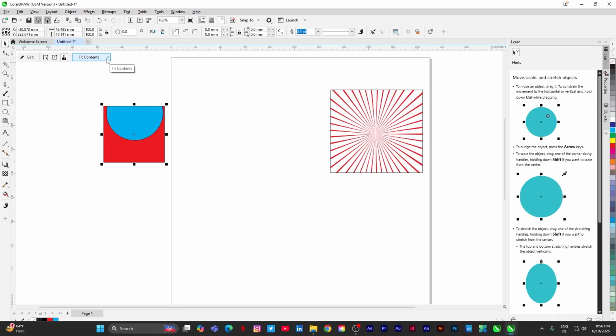And here some options are there. Fit contents, suppose center, yes, it is center. And again fit proportionally, and here fill proportionally, it is filling proportionally. And here stretch to fill, right? Sometimes we use all options, right? And even you can